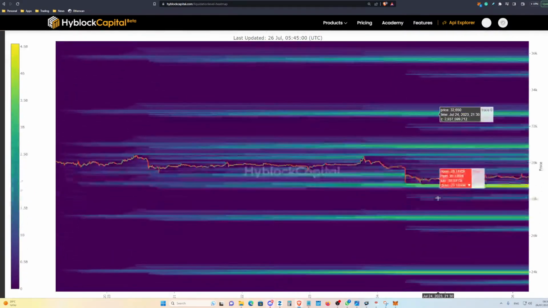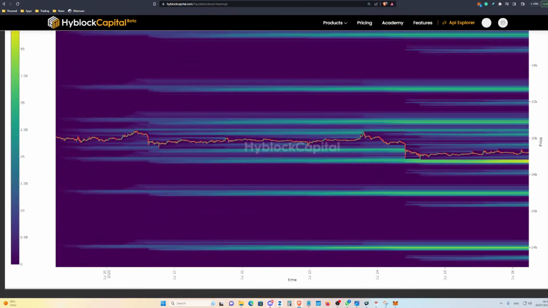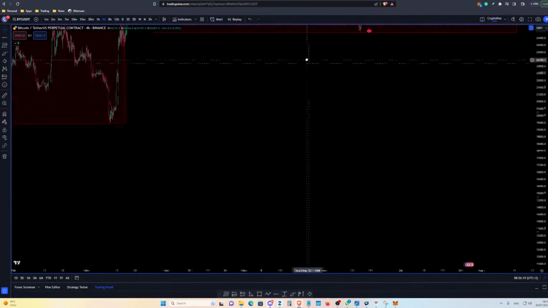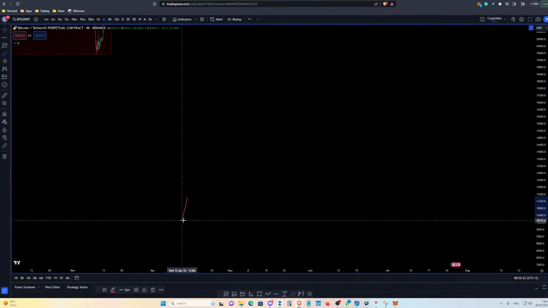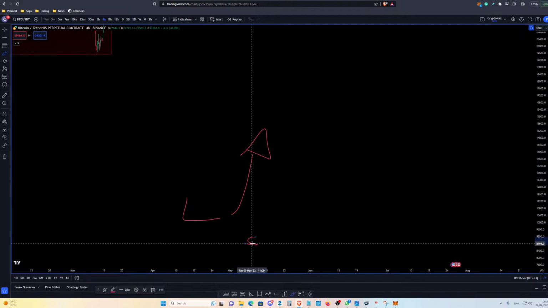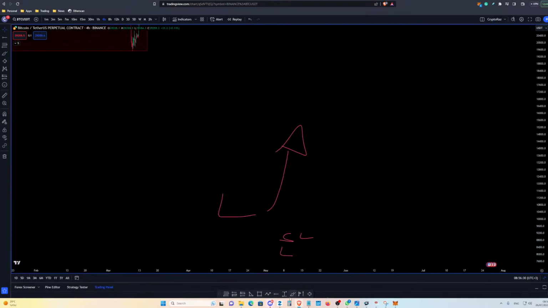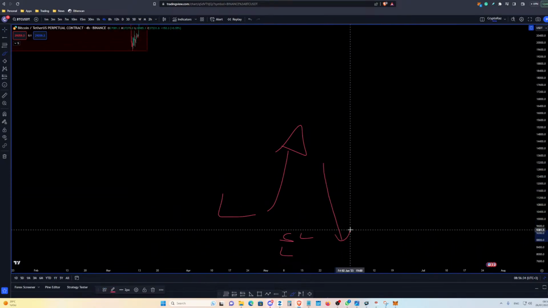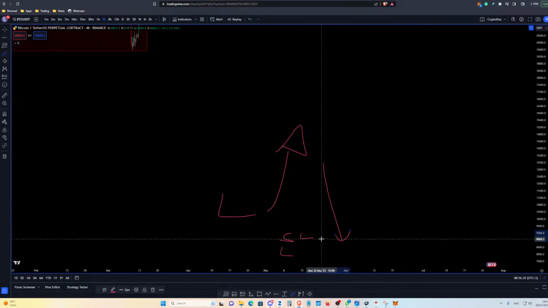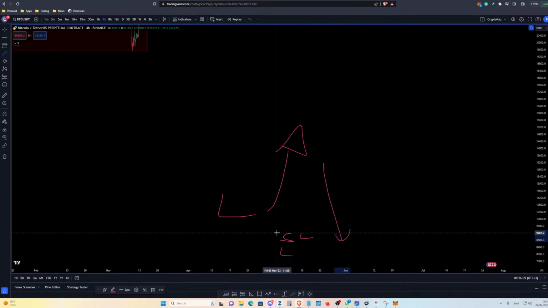In other words, this is the estimate of liquidation levels that there are on the charts, meaning if you go long, okay, let's open the chart again. If you go long and you bet for prices to go up, then your stop loss or liquidation point will be below your entry. So if price hits your stop loss or liquidation entry, there's an order for you to